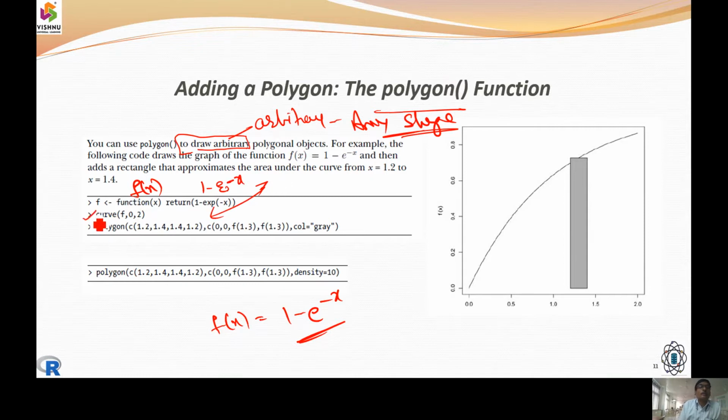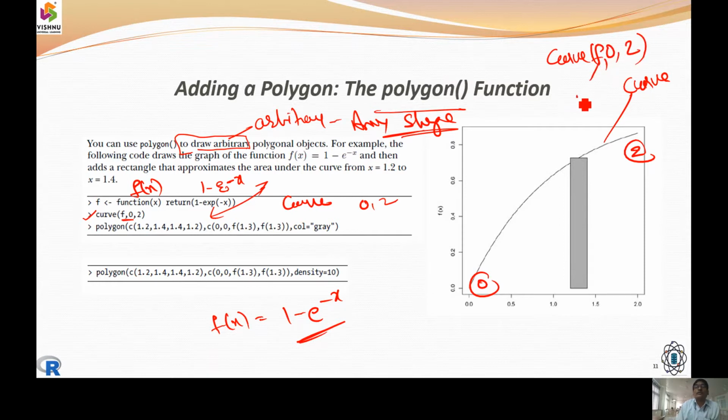Now I need to have a curve. The curve is going to range with the function 1 minus e power minus x between 0 and 2. It is taken with curve with a function of 0, 2 and f. What is f here? f equals 1 minus e power minus x. So we get the minimum value as 0 and the maximum value as 2 here.